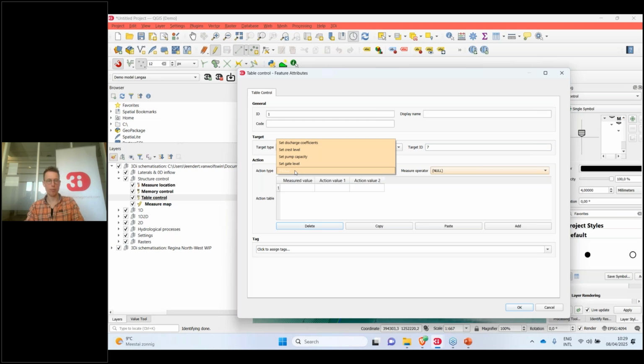What do we want to happen? Well, we want to change the discharge coefficients when the water level becomes smaller than a certain amount. So I don't really know the water levels in this location, but let's say it's 23.5. Well, if the water level falls below this value,